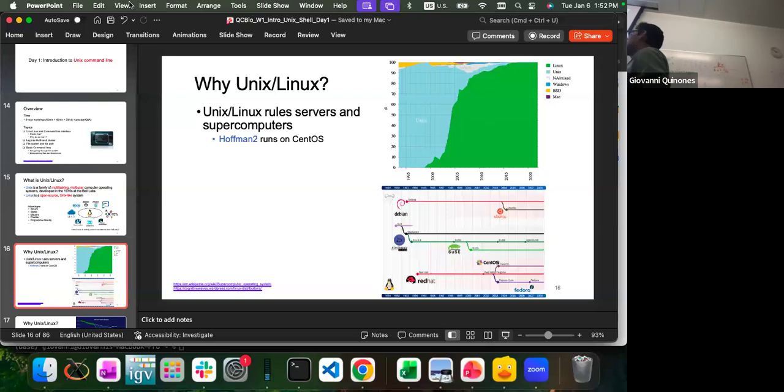Because it's open source and because anybody can make contributions, you have all these families of Unix operating systems that over time branch out, and then you have different sub-Unix families. So for example, Hoffman 2 runs on CentOS. CentOS is this branch over here that derives from Red Hat. Red Hat doesn't directly derive, but has some influence from these other branches over here, SUSE. Ubuntu, which is sort of the most, if we say, public-friendly operating system, but it's